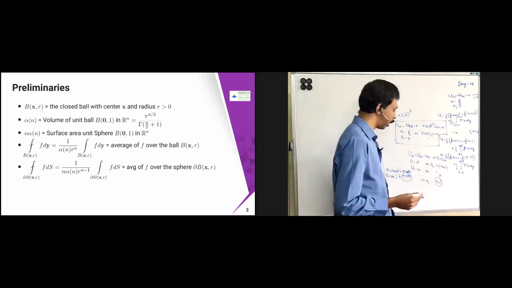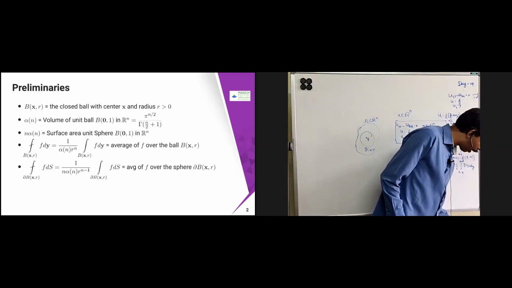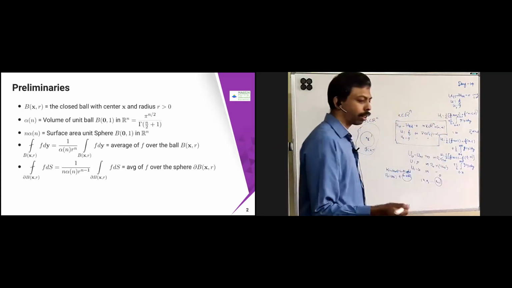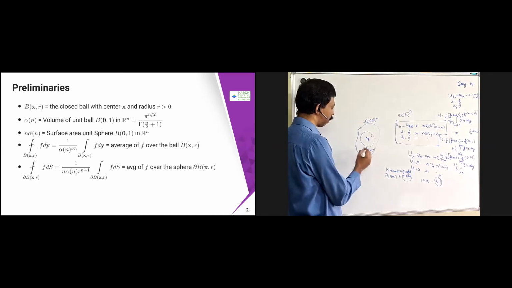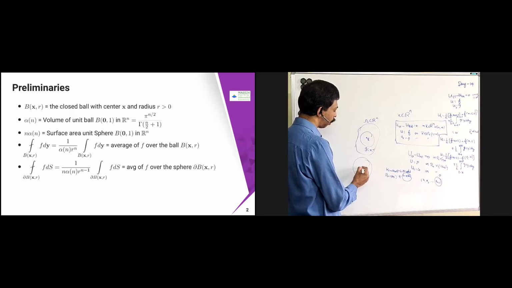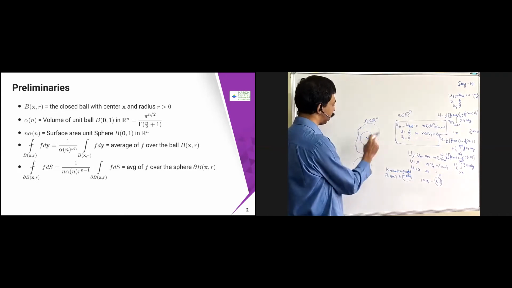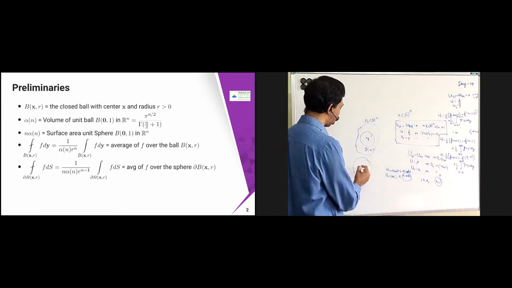Now what we are trying to find is the volume of this ball. First we will find the volume of the ball, assuming this is a subset of R^n. I am assuming the ball is centered around 0, so Omega contains 0. So I am trying to find B(0, 1). What is B(0, 1)? I am going to denote.